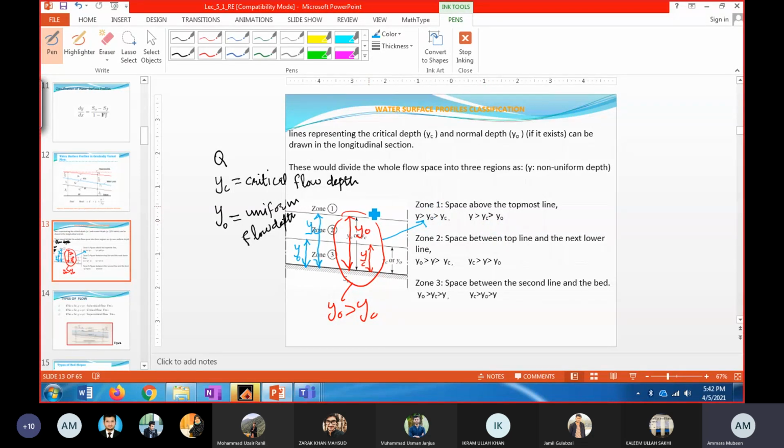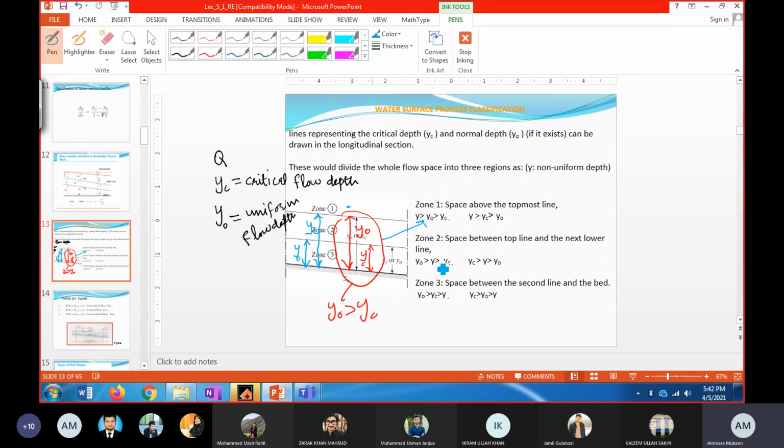So zone 1, when the depth of flow is here, for some discharge value, when the depth of flow is at this point, at zone 1, okay, so y is the depth of flow, and y naught and yc can be calculated for the given discharge